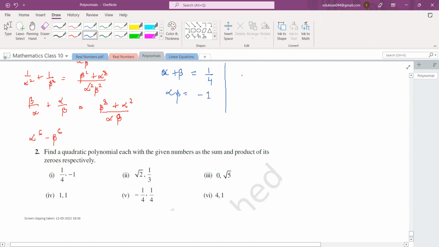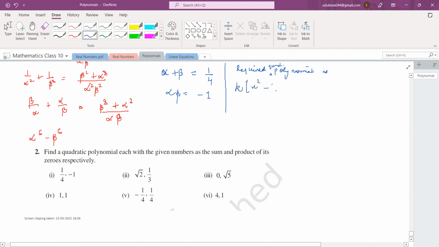Now I've already discussed the general representation of any quadratic polynomial. So you will write that the required quadratic polynomial is